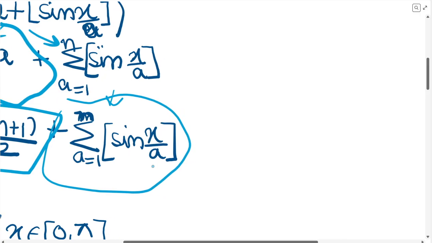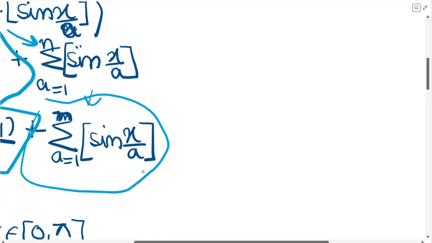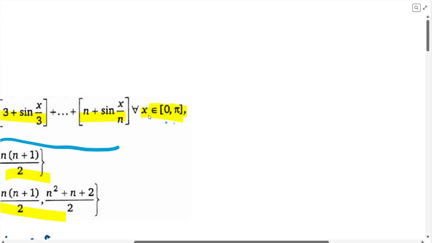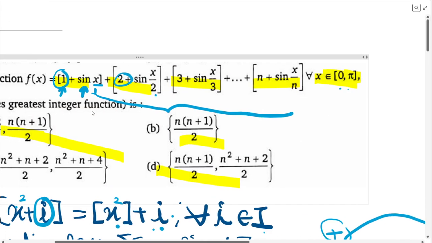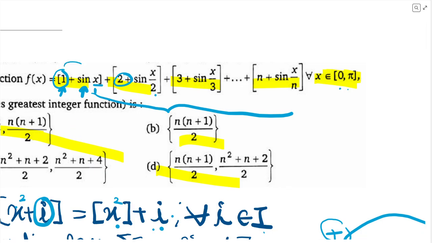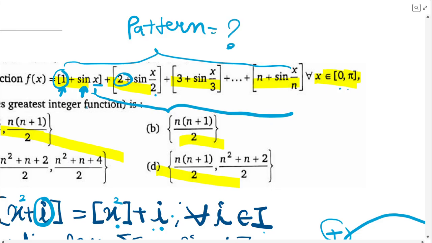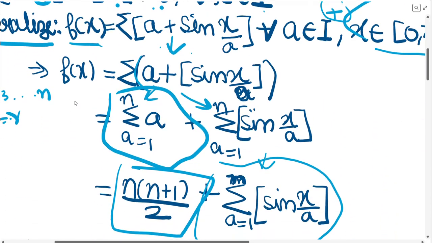Now, while we are solving this, we are given several summations, right? Several quantities which are adding up together, and we need to find the final value. So I'll again take back to the question. So what happens in such long summation kind of questions? We're always required to find some sort of pattern, right? We need to find some pattern in these questions so that our life becomes easier.